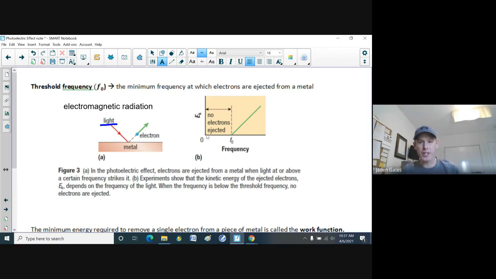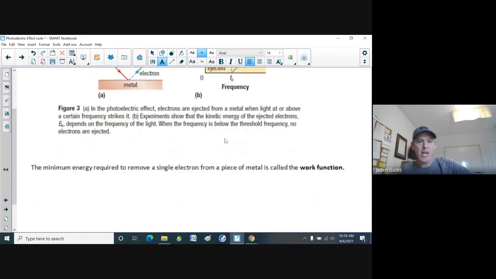So again, what happens is if you shine electromagnetic radiation on a metal, but it's not the right frequency or it's not high enough, no electrons get ejected. But as soon as you hit what's called the threshold frequency, the electron pops out. Now, the minimum energy required to remove a single electron from a piece of metal is what's called